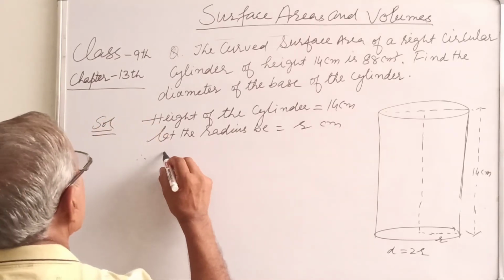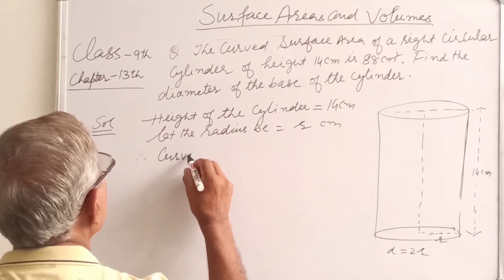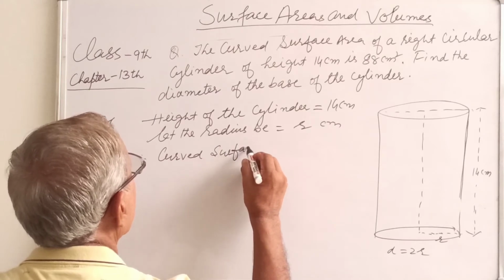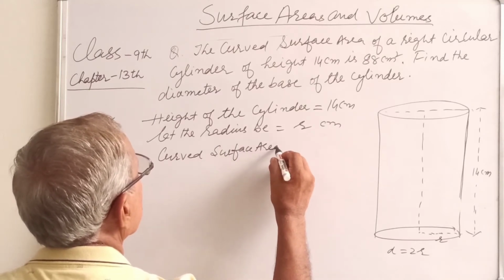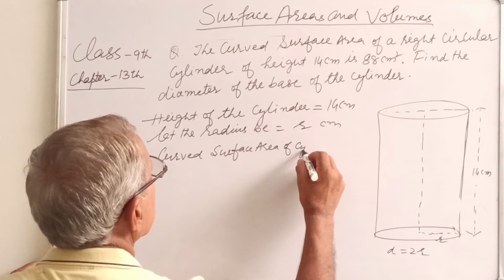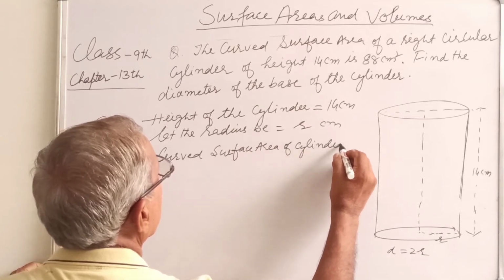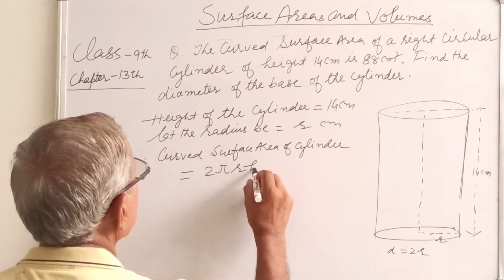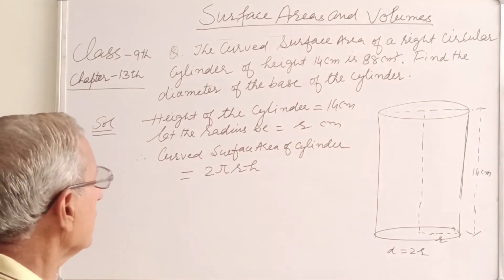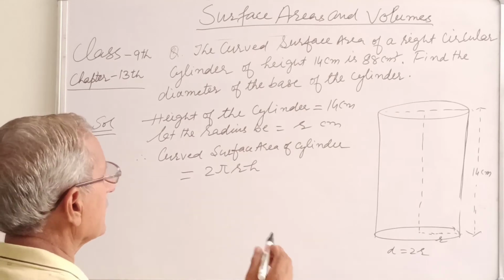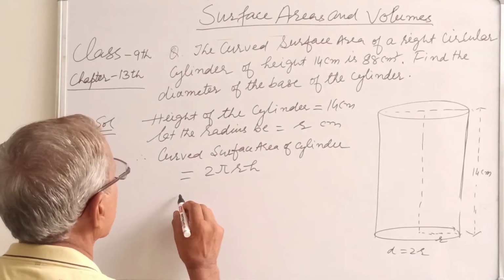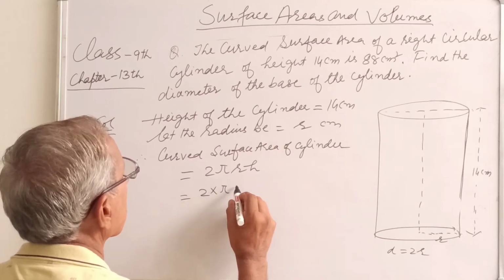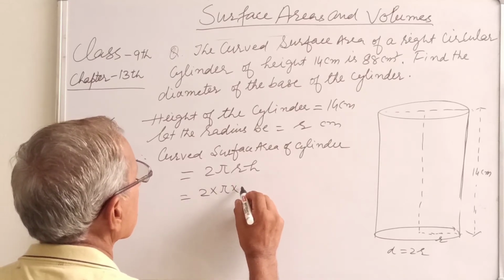Therefore, curved surface area of cylinder, so given formula is 2 pi rh. This is the formula for curved surface area of the cylinder. So 2 into pi into r,